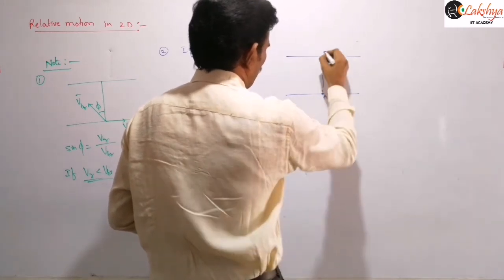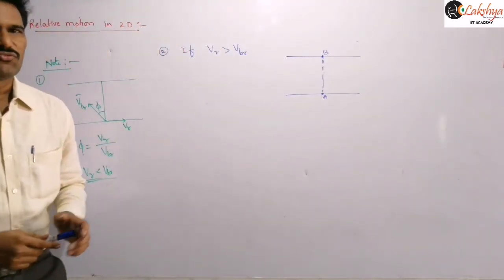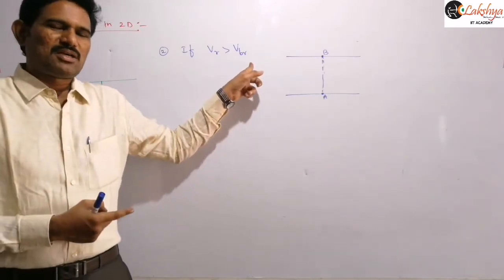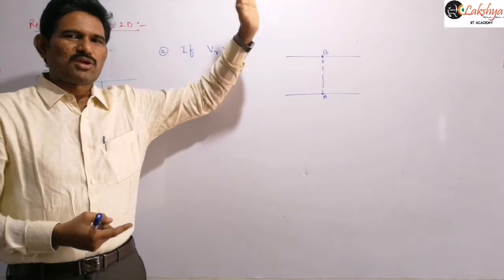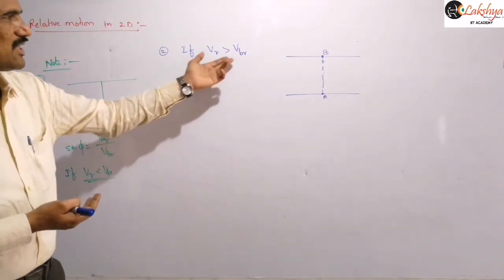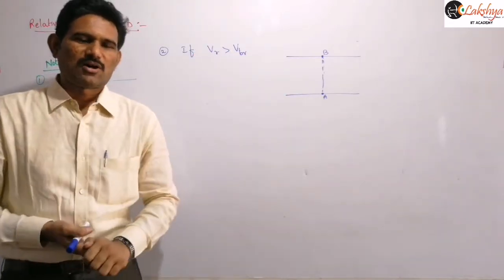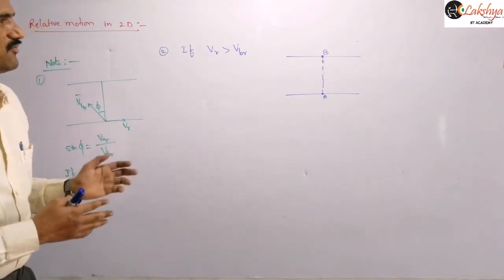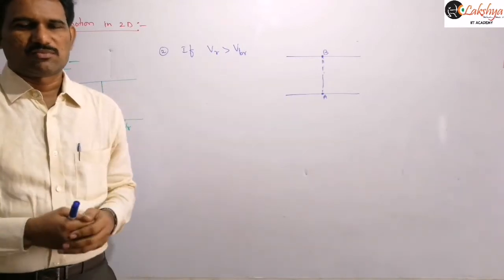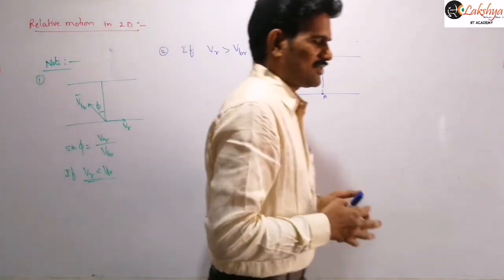So got it? If it is starting from A, it can't reach the point B when VR is greater than VBR. If VR is less than VBR, it can reach the directly opposite point for a particular angle when it is traveling along that direction. So if VR is greater than VBR, for any angle it can't reach that opposite point, right? So if VR is greater than VBR, the boat cannot reach the directly opposite point, right? But now continue that. In this case,